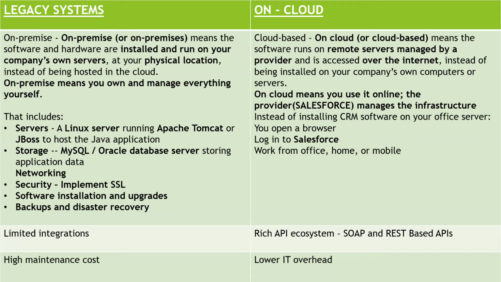Also, they have limited integration. Suppose you have an on-premise application and you want to integrate it with WhatsApp, or with MS Teams. It will be very difficult or not possible. I'm not saying exactly not possible, but very, very difficult. So they have a limited set of APIs. Now you understood what a legacy system is. So earlier what used to happen, let's take the example of the HCL organization.